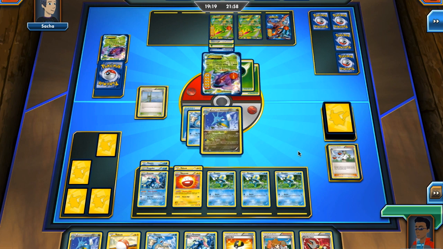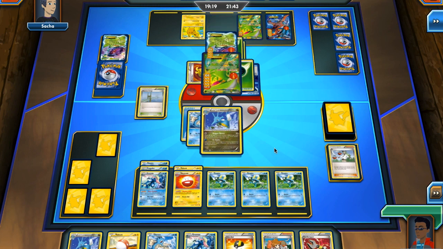So my opponent is going to promote another Genesect, and he benches a Pikachu. So that's kind of an odd addition for this type of deck, but I guess with Yveltal being such a big threat, it's not a dumb addition. It's quite a smart thing to do. My opponent is going to retreat here into Virizion,